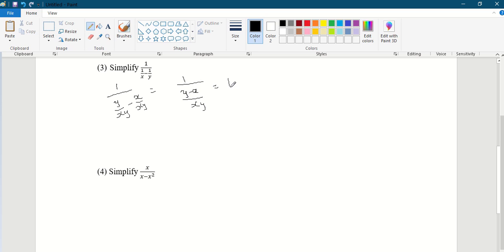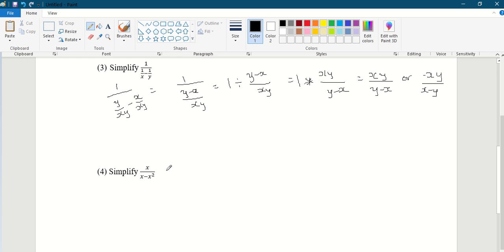Another way to write this will be like this: 1 divided by y minus x over xy. Now division to multiplication, we will flip this, so we get xy over y minus x, and 1 times that will be the same. So the result will be x times y divided by y minus x. Or we can multiply numerator and denominator both by negative and get something like this. Your multiple choice has to have one of those two answers, either this or this, and that will be the correct choice to make.